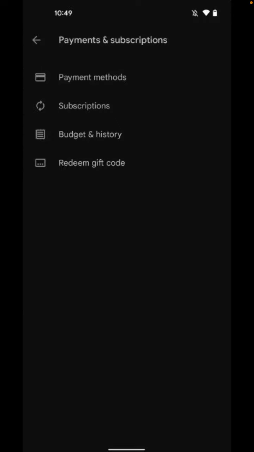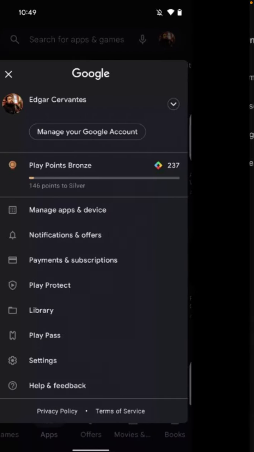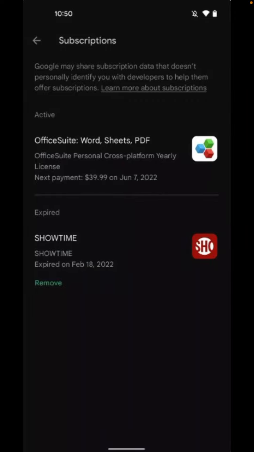So launch the Google Play Store and then tap on your profile icon and then select payment and subscription appears like this, and then you can click subscription and find the subscription you want to cancel and select it. For example, I'm going to select this Office Suite